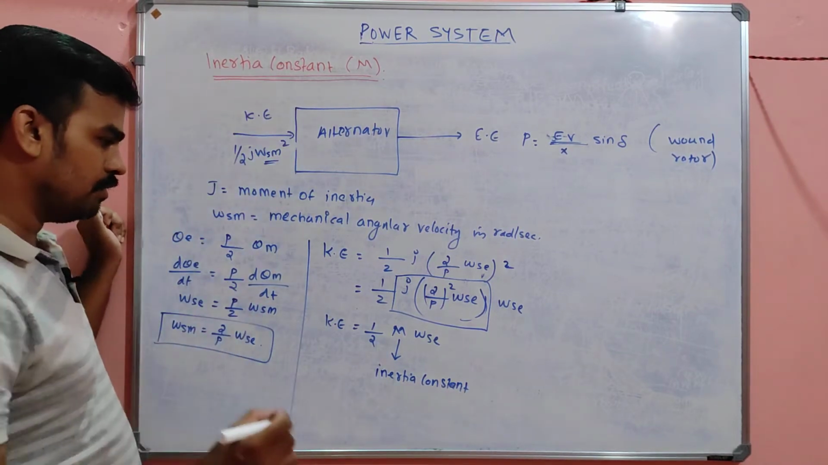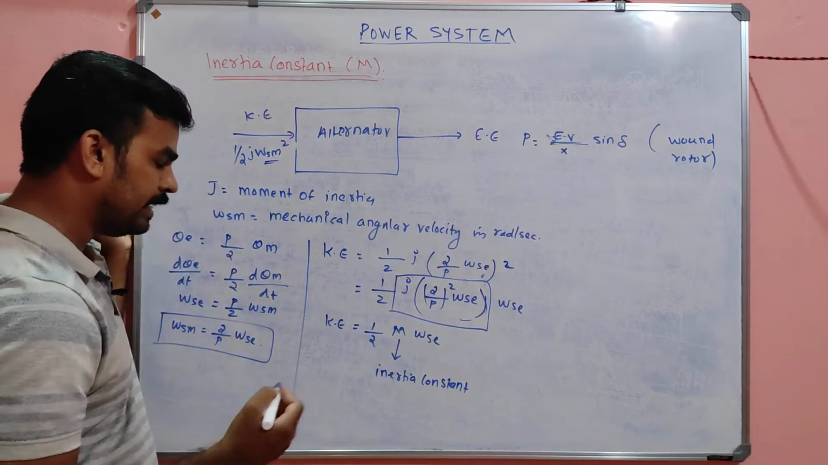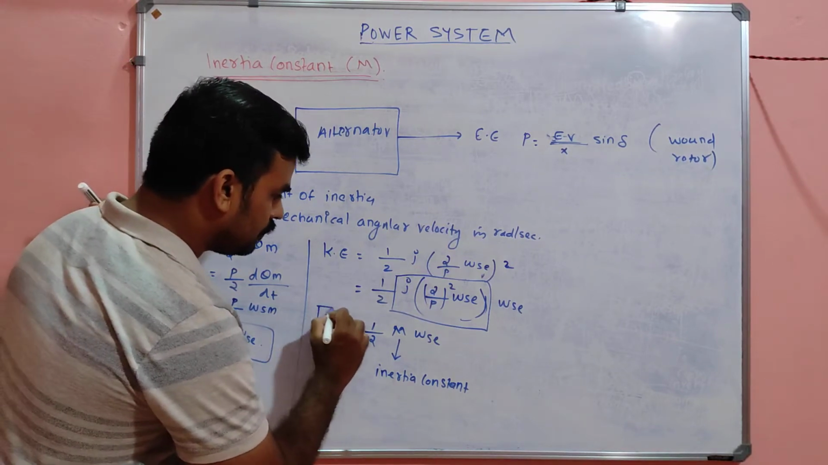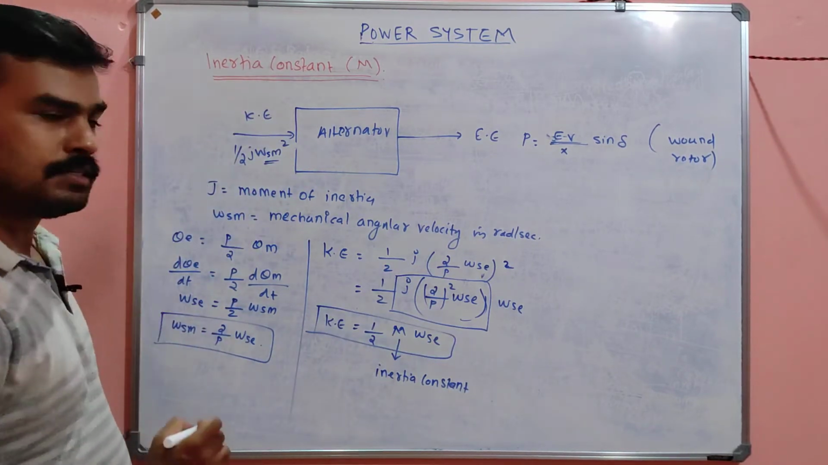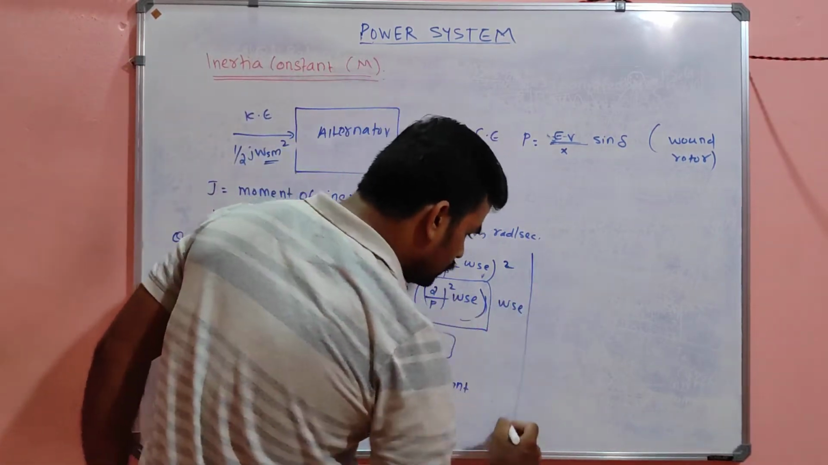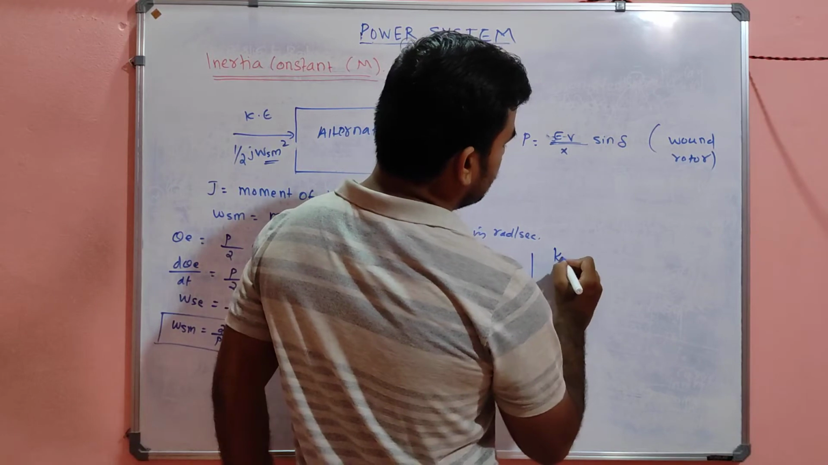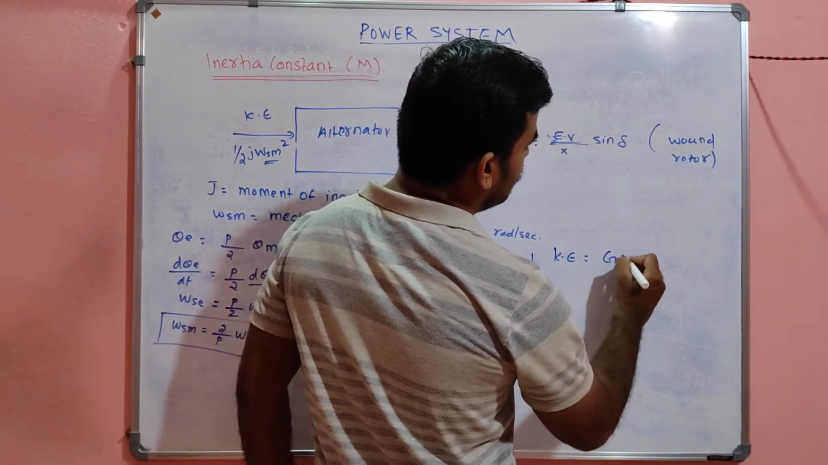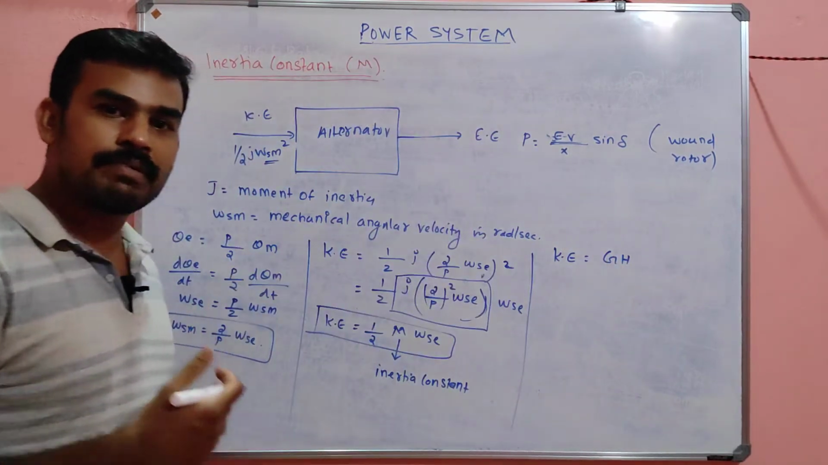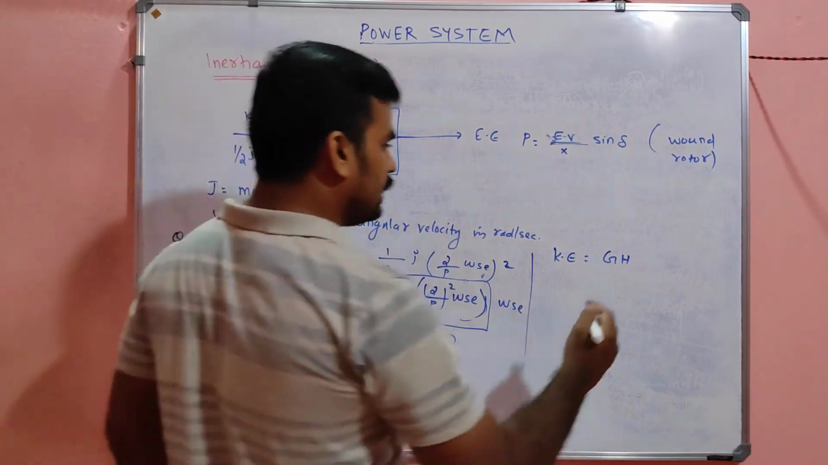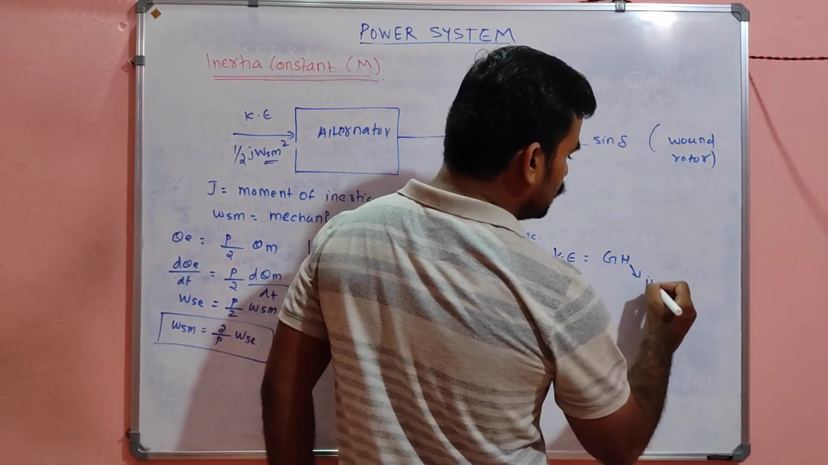M is called the inertia constant. Or I can say that this is one form of representing the kinetic energy. There is another form also representing the kinetic energy: kinetic energy K is equal to G into H. Here this H is called the inertia constant,